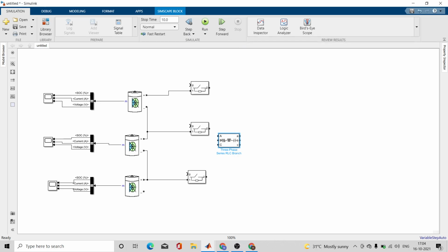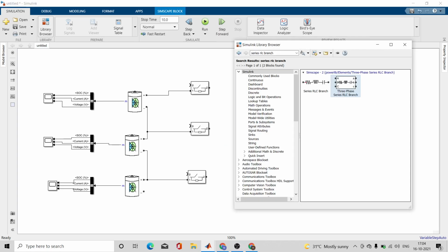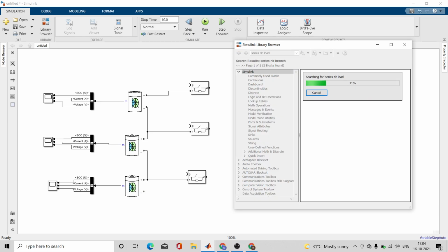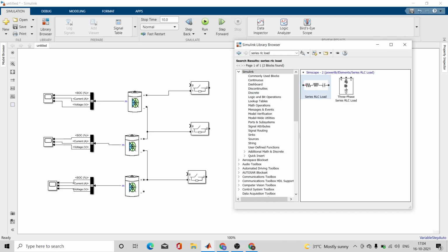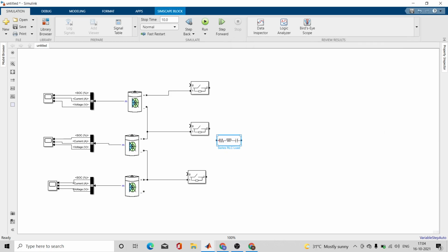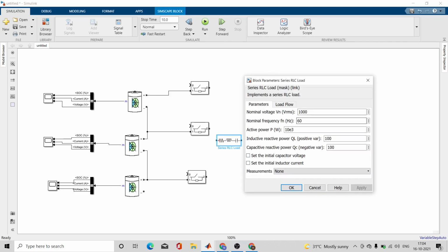No, wait. Let me delete this. Series RLC load. Only select resistor. I request all the students to actually read the theory.